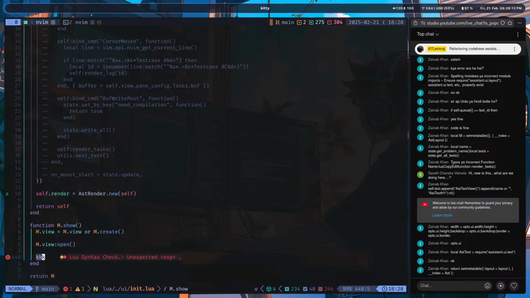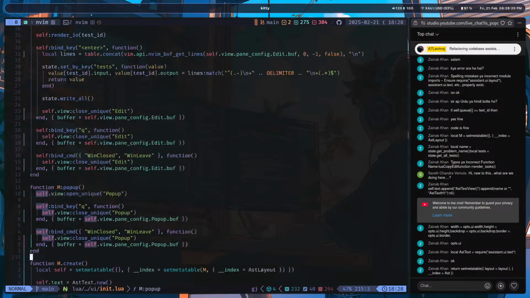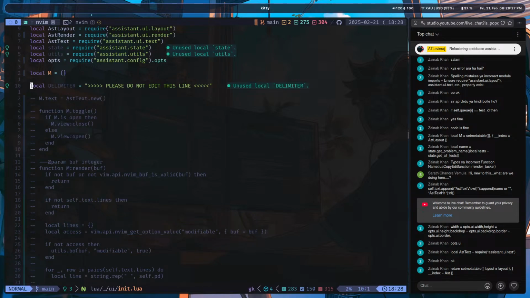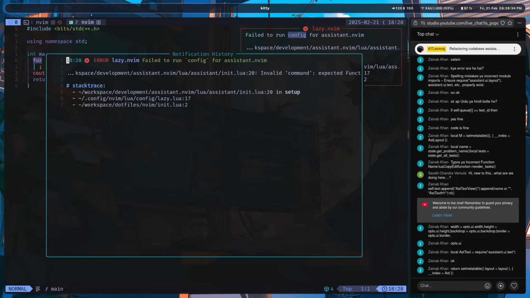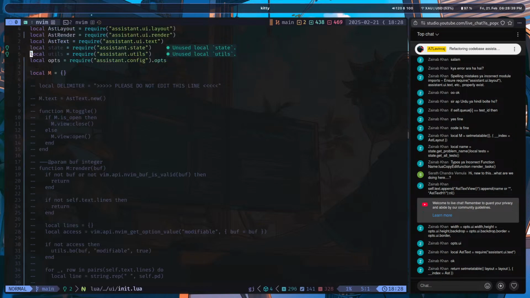Oh man, wait a minute. I have to comment out the above code. This one. This is causing the problem. Okay. What now? Okay, toggler is not there. Let me bring back the toggler and